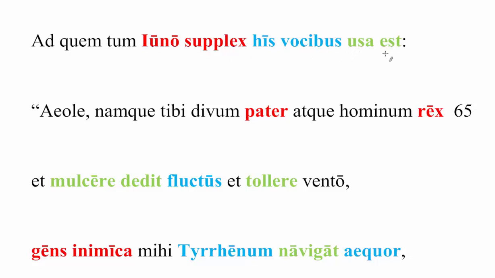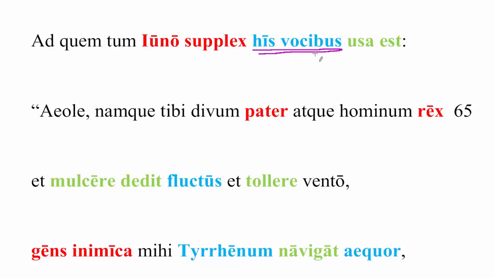This is from the verb utor. It is deponent, so this looks passive, usa est, but it is actually active. She used. And the other thing about utor is that utor wants the ablative case used in place of the accusative as if it were a direct object. So we're not going to say with these voices like we normally would. We're going to say that Juno, as a suppliant, used these words, which is a perfectly fine translation of vox in context.